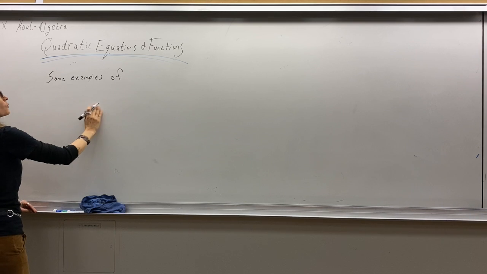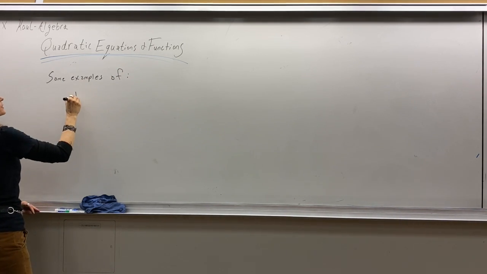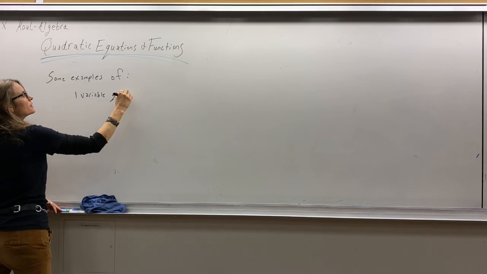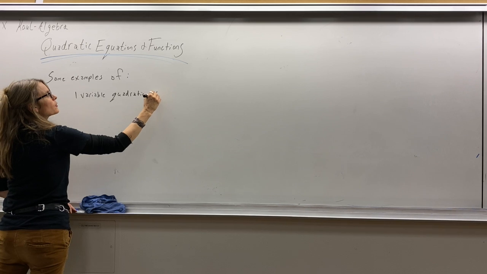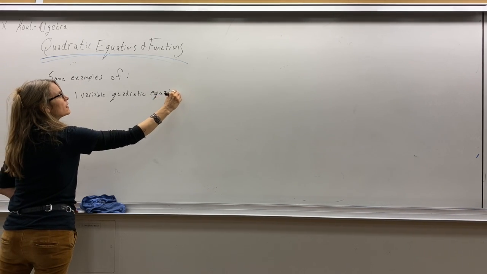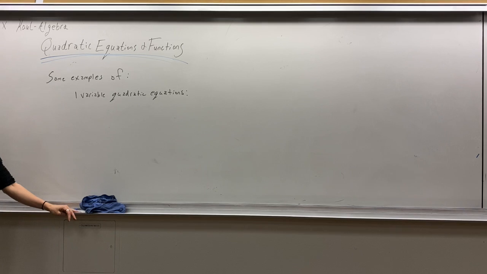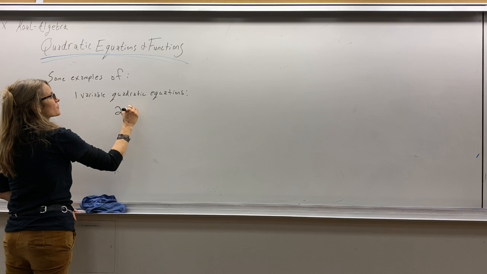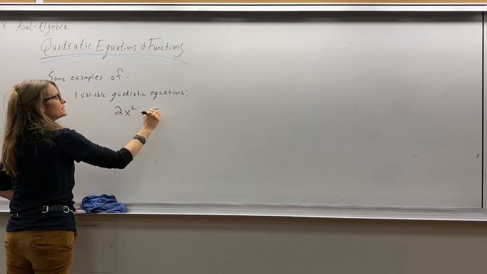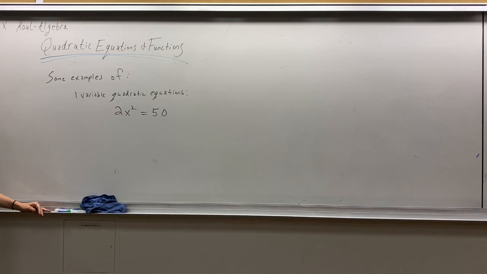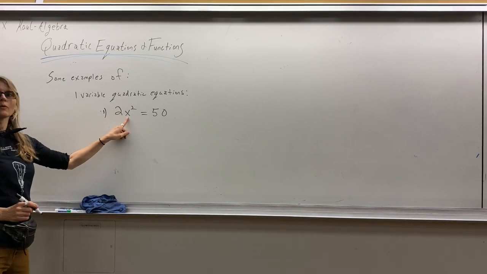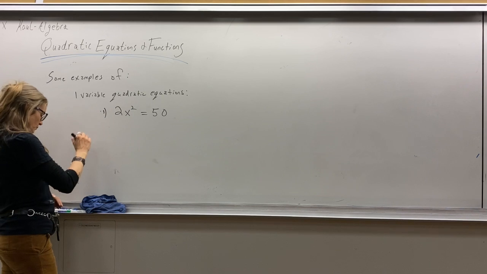Of one variable. Let's start with one variable quadratic equations. So some examples of one variable quadratic equations would be like, let's say, 2x squared equals 50. Now here I don't have an x value. I don't have an x to the first value, but it's still considered a quadratic because it has x squared. In quadratic form,